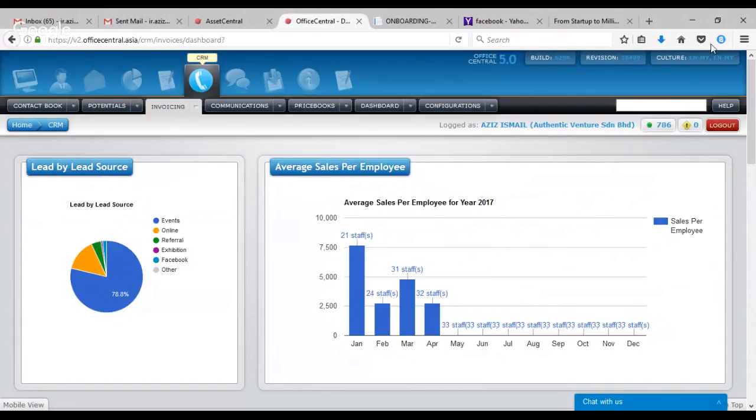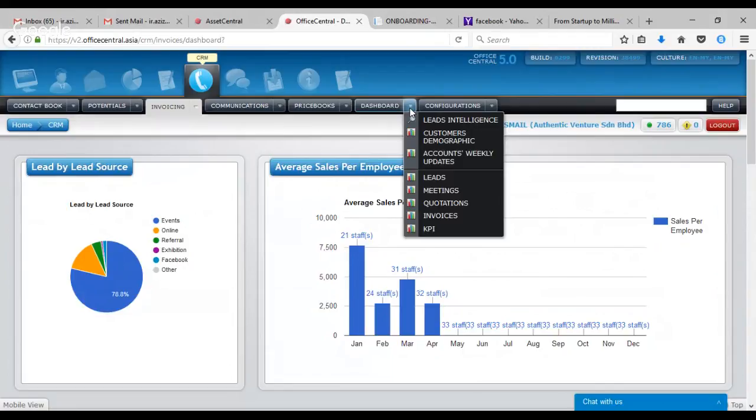For example, the numbers are not right, or the trend is going down, or the staff are not doing what they are supposed to do. So basically, you make use of the CRM system to help you get information and to guide your team